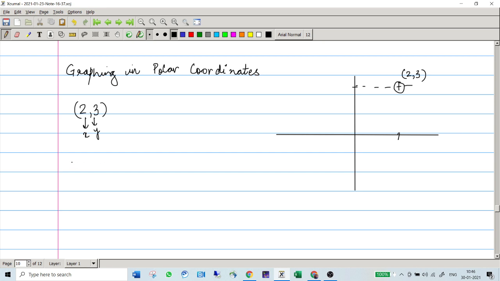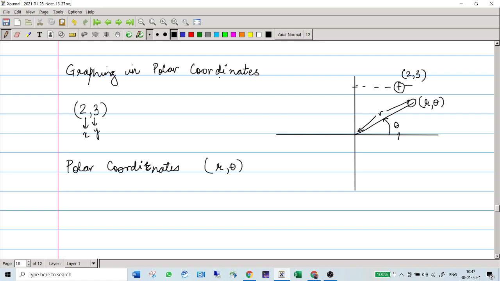Right now we have something called polar coordinates, and we know how to plot them as well. If it is given in terms of r comma theta, we travel theta radians from the positive direction of the x-axis, and then we travel r units from the origin to reach the required point. Let's say this is our r comma theta, where this is r, this is theta, and this length is your r units, right?